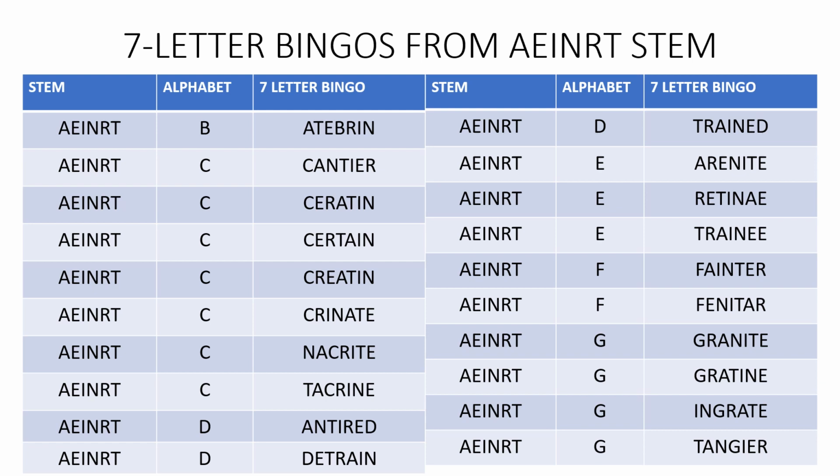If you have EINRT on your rack and you also have, say, B with these 6 letters, you should immediately find that you have the word bainter on your rack. Or if you draw a new tile and you get B. And similarly, there are 7-letter words with